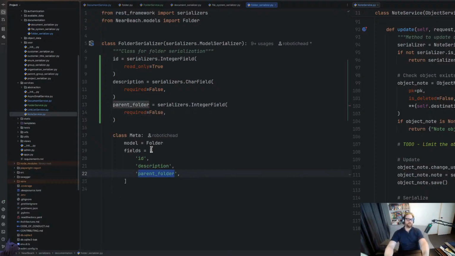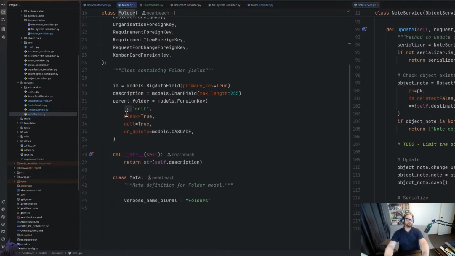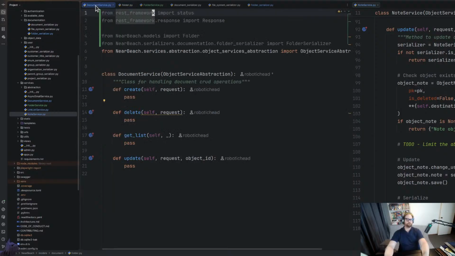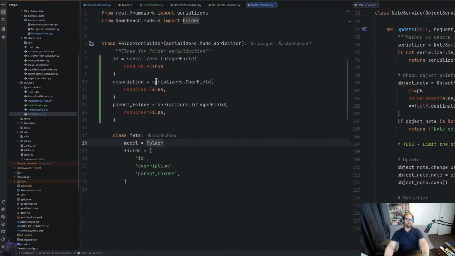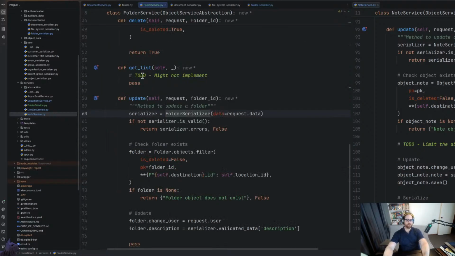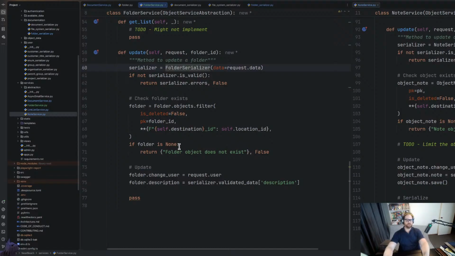Ooh, parent folder. It's a foreign key. Yeah, I want that as an int. All right, cool. So required false, that's perfectly fine. And then if we go into here,